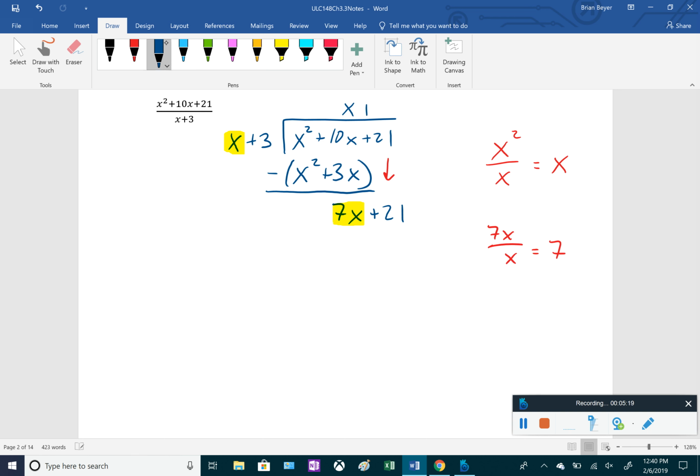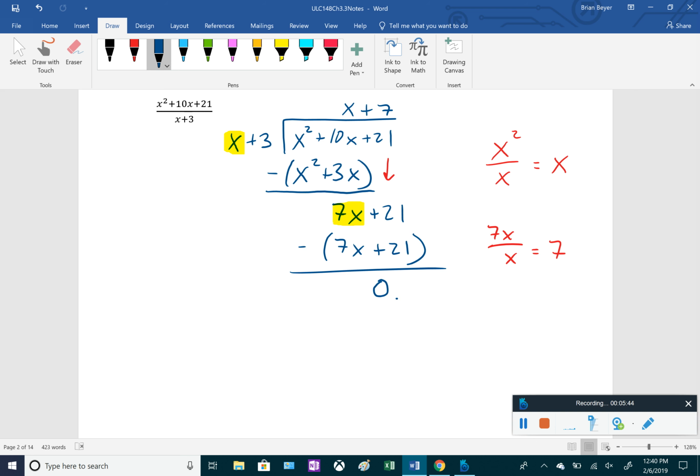So that's going to be plus 7 in the quotient. We're going to multiply that 7 times x plus 3. 7 times x plus 3 is 7x plus 21. We subtract. When we subtract this, 7x minus 7x is 0. 21 minus 21 is 0. We actually get